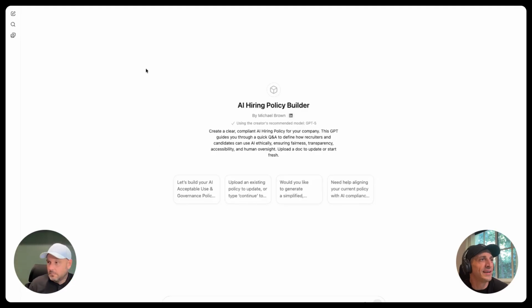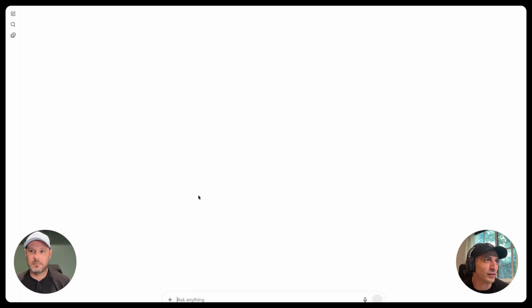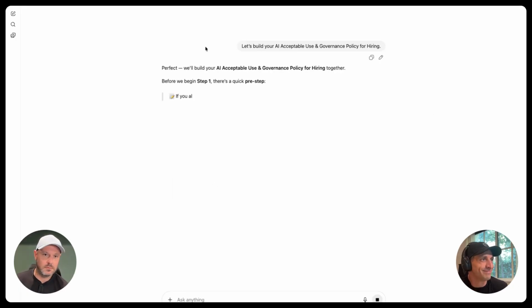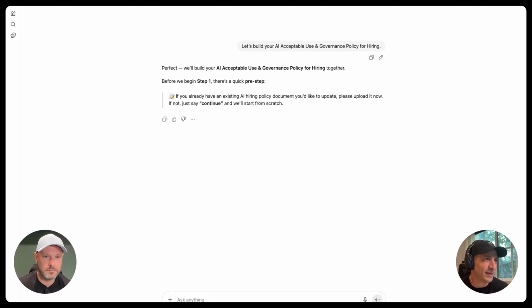Okay, Quick Start, AI Policy Builder by Mike Brown. It's for building AI policies for your business. And from my experience, let's just say up front, we're not lawyers. While this does have a tremendous amount of work and research put underneath in the rules that guide you through this process, definitely run it by your corporate legal team before posting publicly. But this should get you a large majority of the way there. So click the first button. Let's run through the process together.